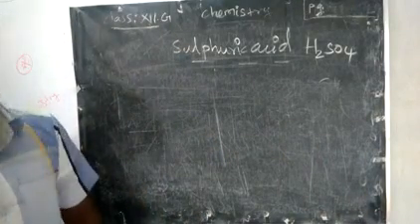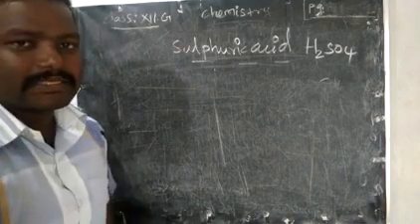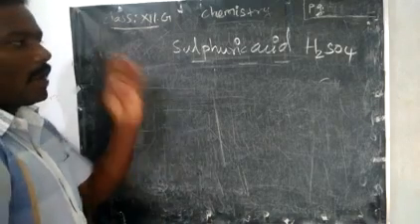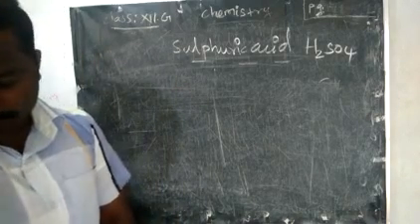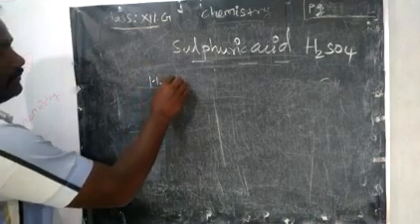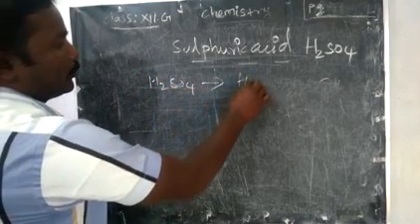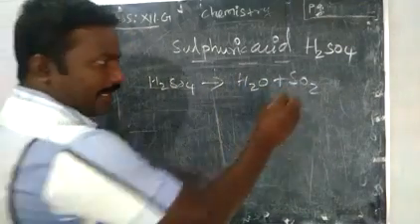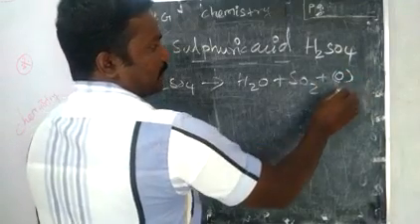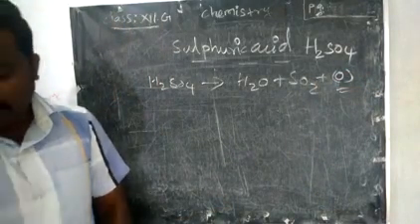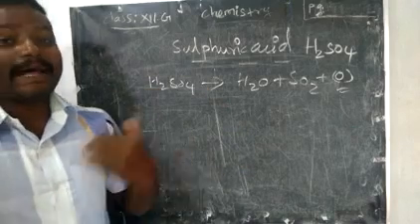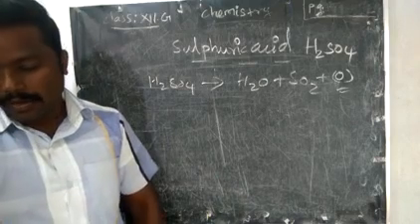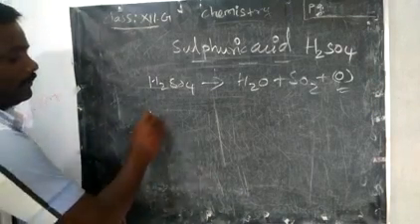Next, we are going to see the oxidizing property, because nitric acid we know very well is a strong oxidizing agent. Here sulfuric acid also acts as an oxidizing agent, right? If you take sulfuric acid, it will decompose into water and SO2. What's the remaining? One nascent oxygen we will get. This is called nascent oxygen. Now, how is this oxygen used for oxidizing other compounds like carbon, sulfur, phosphorus? First, the reaction with carbon.